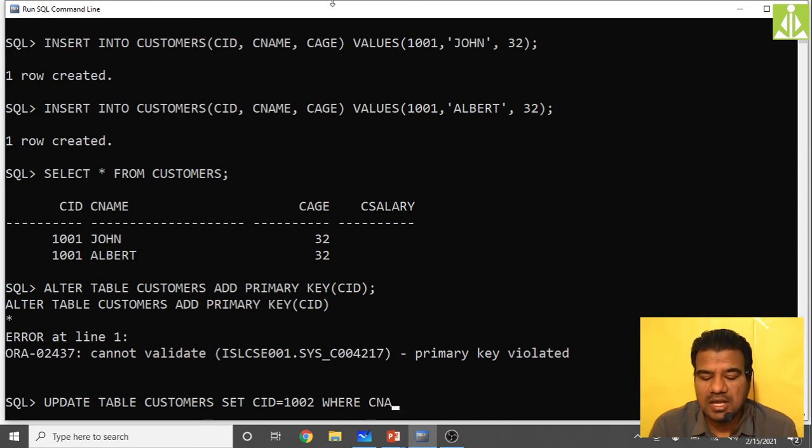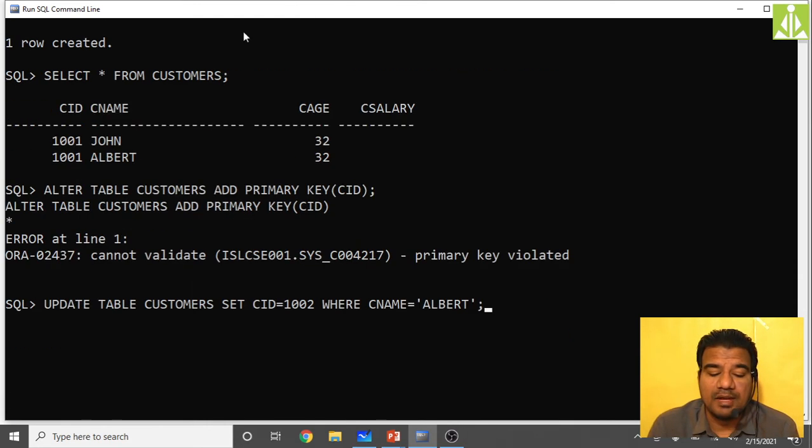Where CName equals to, we have to put inside single quotations because it is a string, Albert, like this. So I'm updating the table customers. I'm setting the value CID to 1002, where CName is equal to Albert.